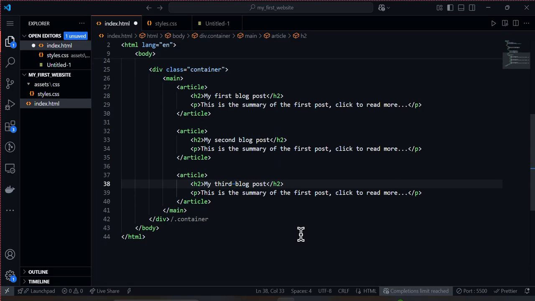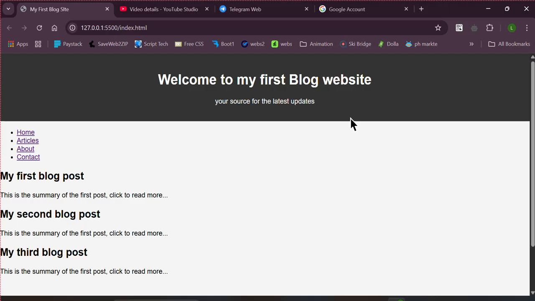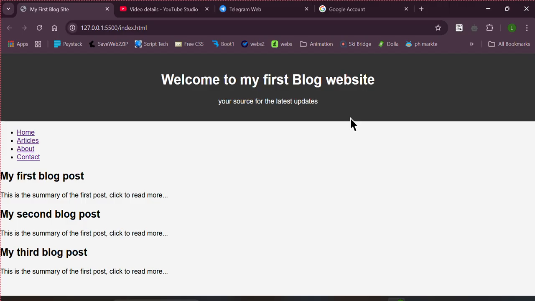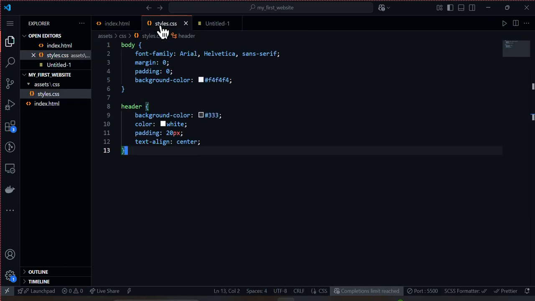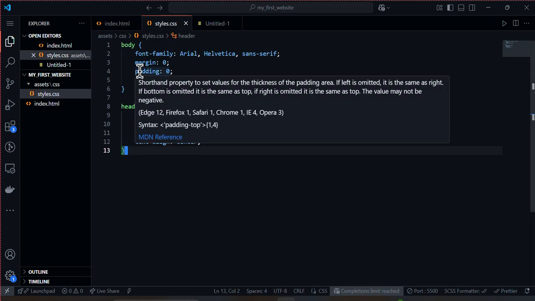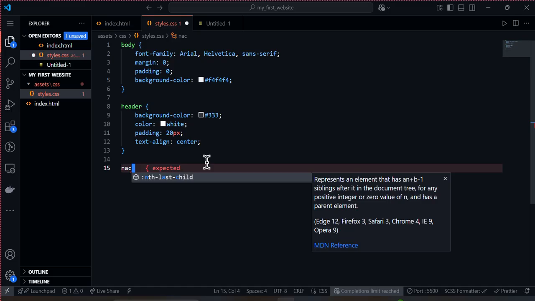So we do Control S, then over to the browser, this is how it is. For now, it doesn't make sense yet, but let's make it make sense. Now we go back to the styling, and we'll start with the navigation. We'll start styling the navigation. So we have nav